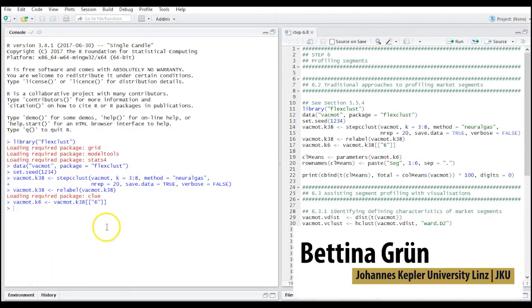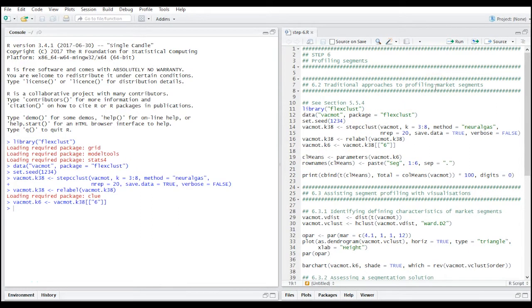Step 6, profiling segments. First, we want to look at traditional approaches to profiling market segments, and we'll be reusing the segmentation solution we obtained in section 5.5.4 on the vacation motives dataset, where we ran the neural gas algorithm, a partitioning method, for different numbers of clusters with a certain number of random initializations, and we are selecting the 6 cluster solution out of that. So vacmot.k6 is the result of a partitioning method where we are looking for a partition into 6 clusters,